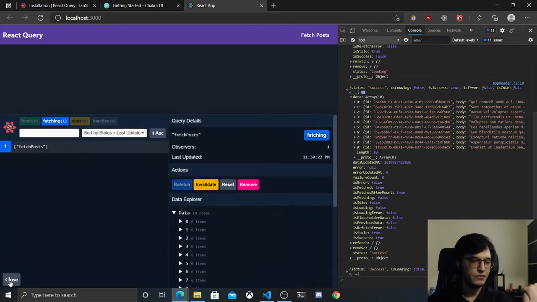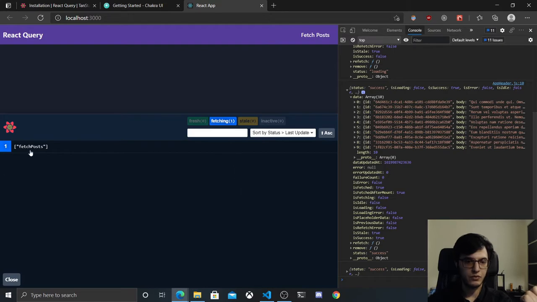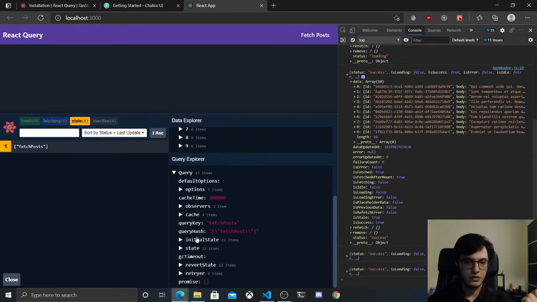And if you open the dev tool, you will see this information as well here. As you can see, we have the cache time, we have the observer. So each query, or each data returned from each HTTP request using the query, will be cached. So each time you call the same query using keys, or calling the query itself, the cached value will